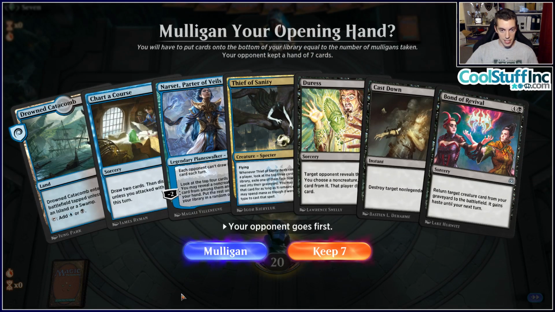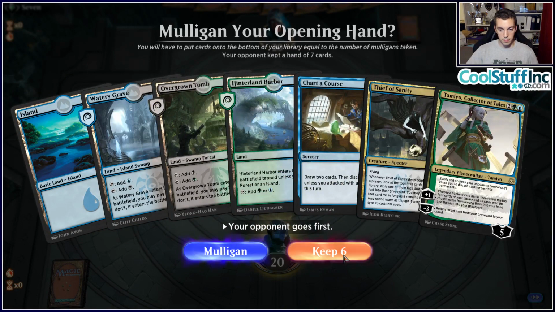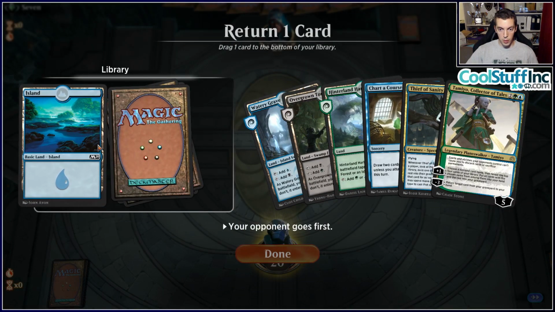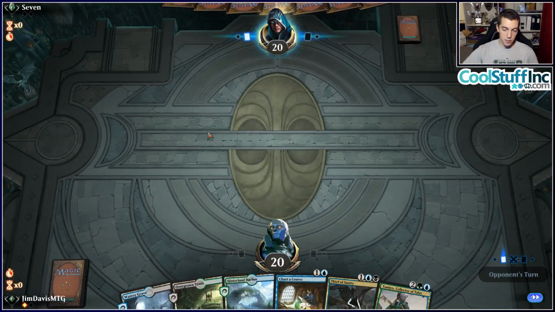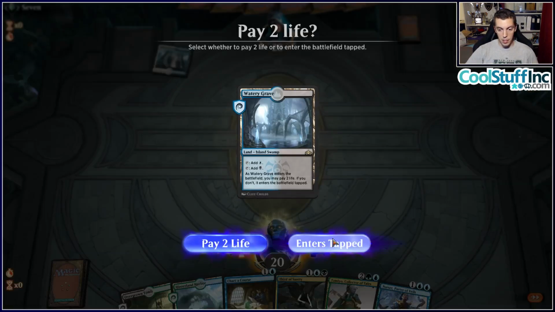Alright, unfortunately can't keep this one. I love the Duress, love the Thief of Sanity, but it's not going to work. It's better. Yeah, let's let the island go here. Actually, yeah, blue, blue, black, black, yeah, we're good. Alright, not an ideal hand, but it's fine. I would love some form of discard to possibly protect my Thief of Sanity, but